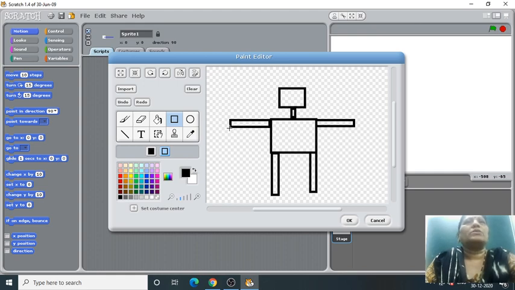Then I want circles for eyes, so I click on the circle. See, one eye becomes circular and one becomes square, so I will undo it. You can use this undo option if you make anything wrong, and you can correct it.